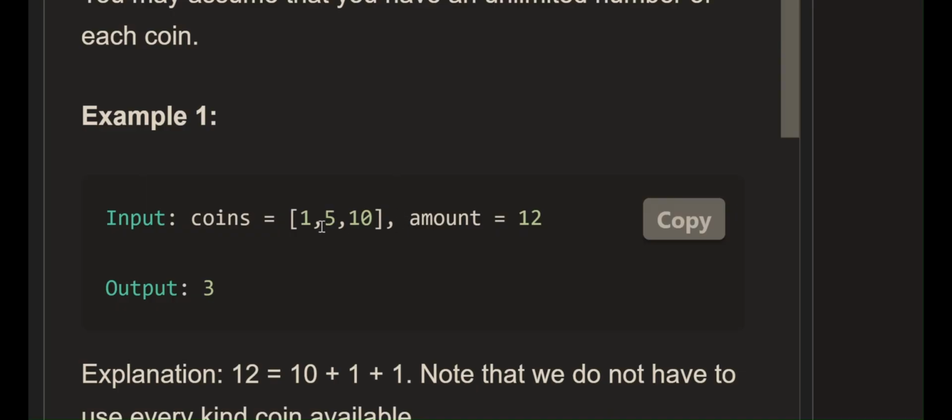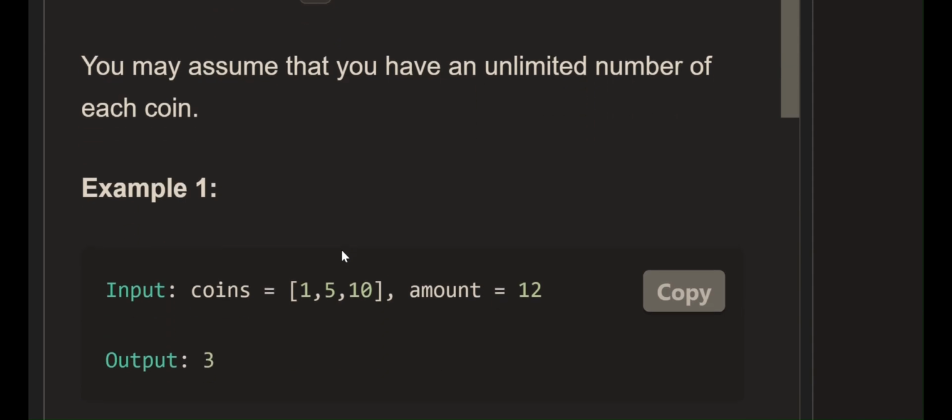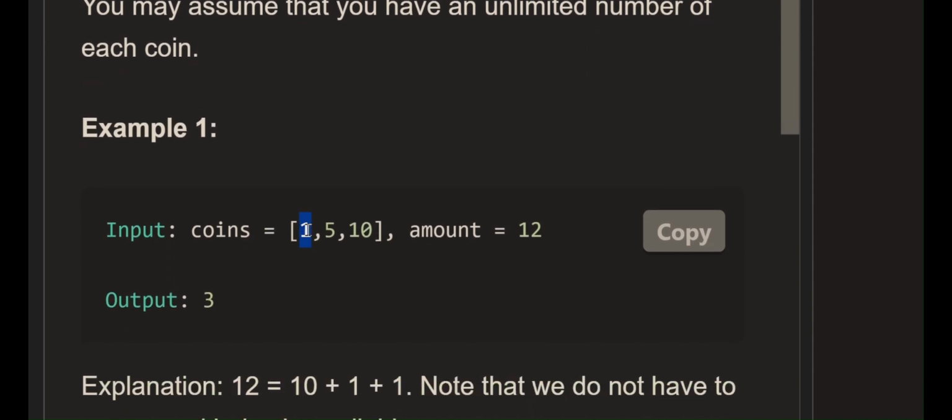And we have to take these coins in unlimited number. So we could take this 1 ten thousand times, or this 5 three times. We can use them as much as we want. But the goal is to reach that 12, and to reach it by using the least number of coins we can possibly take. So to reach 12, the solution will be to take basically